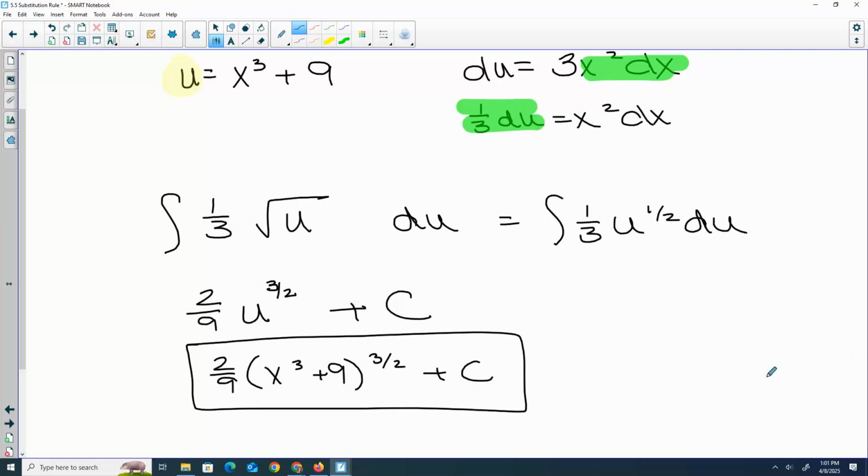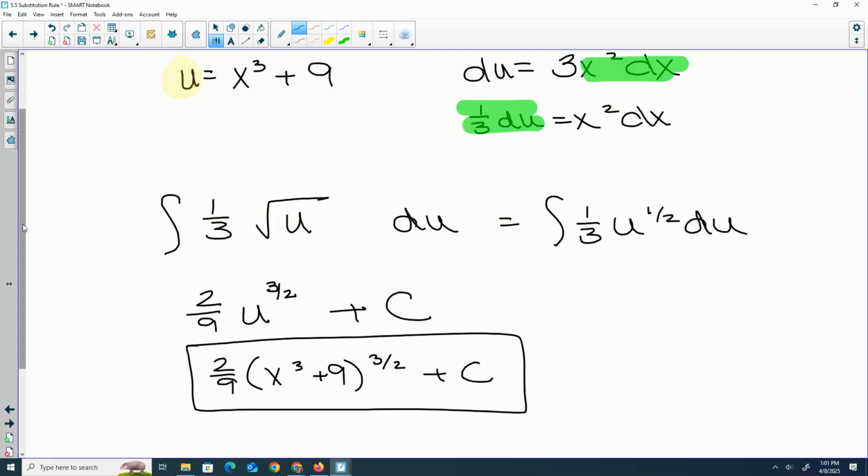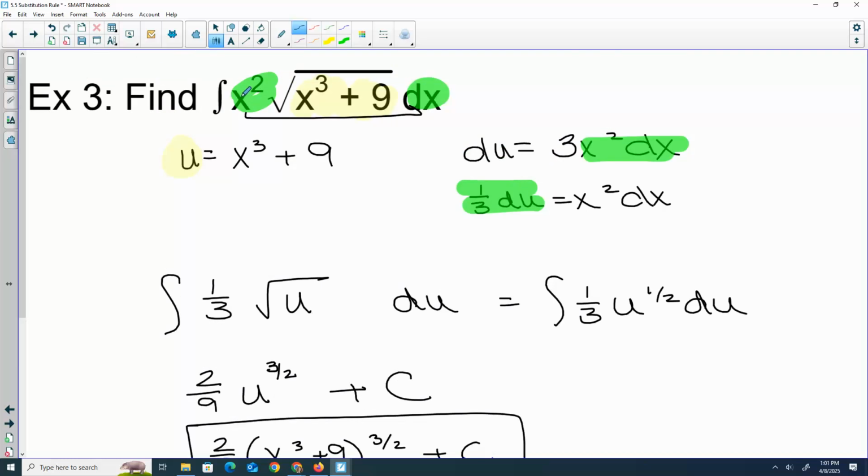Why did you divide by 3? Because in my problem, I didn't need that 3 anywhere. Now, if I'd had a 3x squared, I would have left the 3. But I didn't, so I moved it over so I could bring it in with my du. If you're missing